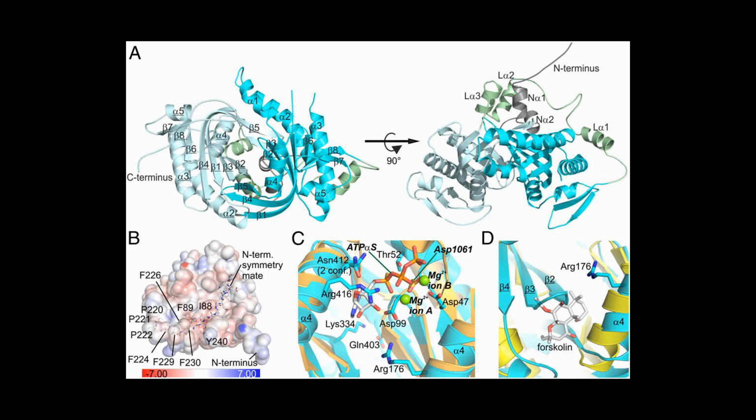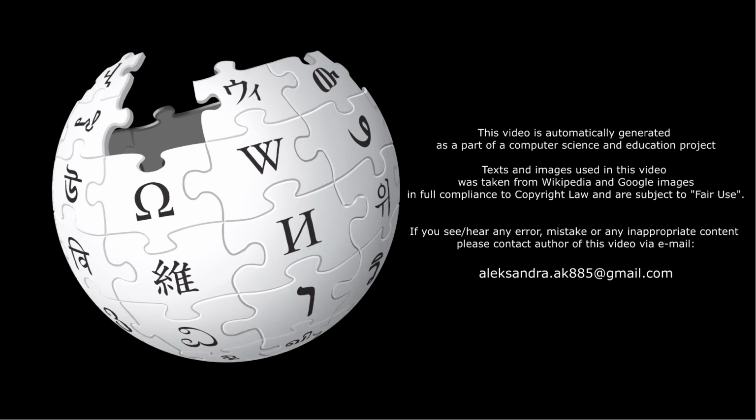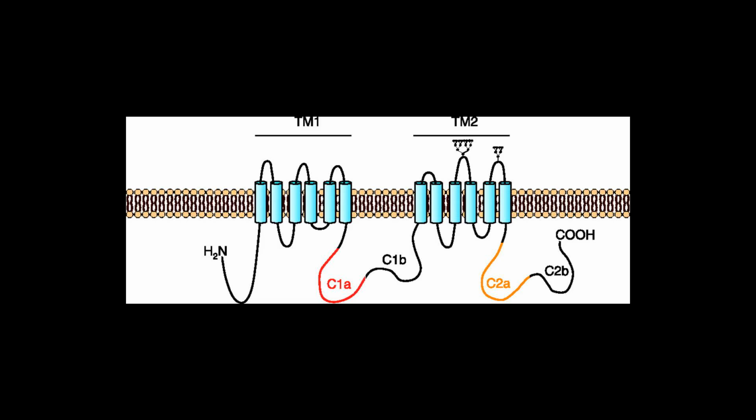The effect of adrenaline is via a G protein signaling cascade, which transmits chemical signals from outside the cell across the membrane to the inside of the cell, the cytoplasm. The outside signal, in this case adrenaline, binds to a receptor, which transmits a signal to the G protein, which transmits a signal to adenylyl cyclase, which transmits a signal by converting adenosine triphosphate to cyclic adenosine monophosphate. cAMP is known as a second messenger.